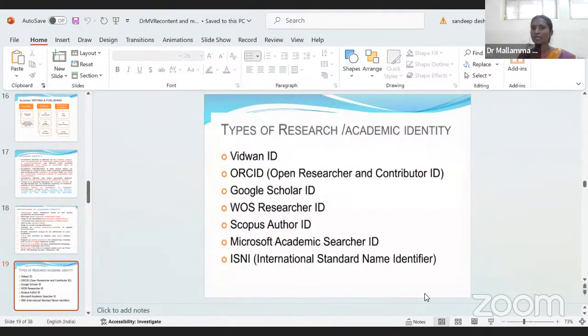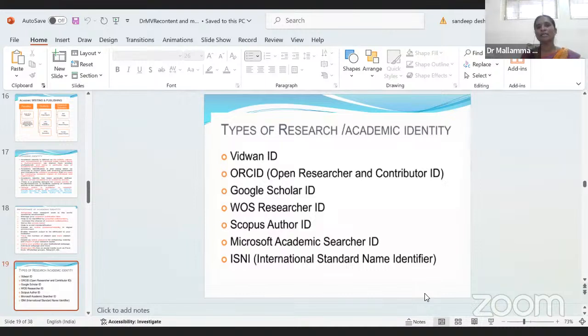These are the different academic identities or research identities. Please remember this: one ID, Open Researcher and Contributor ID, Google Scholar ID. How many of you have a Google Scholar ID? Just raise your hands or you can message me. Okay, 4 participants. Okay, so many need to do it. We will go with that.